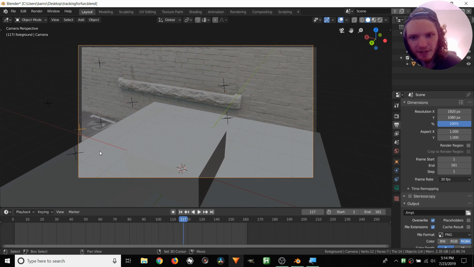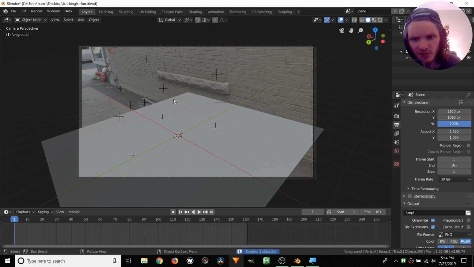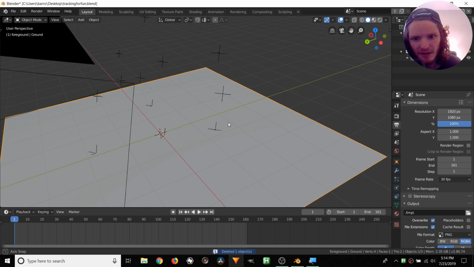Yeah, so that's looking pretty good. And now we have this interesting case where we don't only have a floor, but we also have a wall, so we can reconstruct that geometry that's a bit more complicated than just a plane on the floor. So I don't need this cube, and for this plane, which should be set as a shadow catcher, I guess